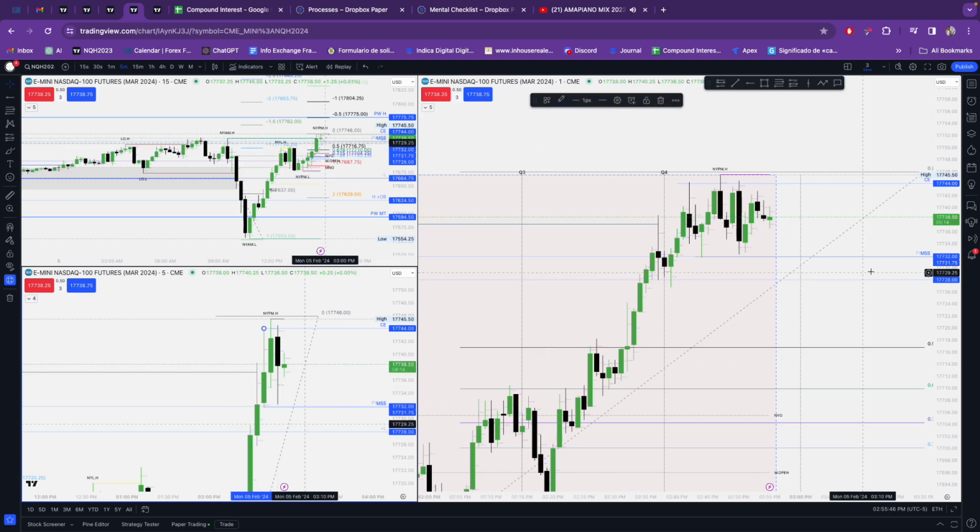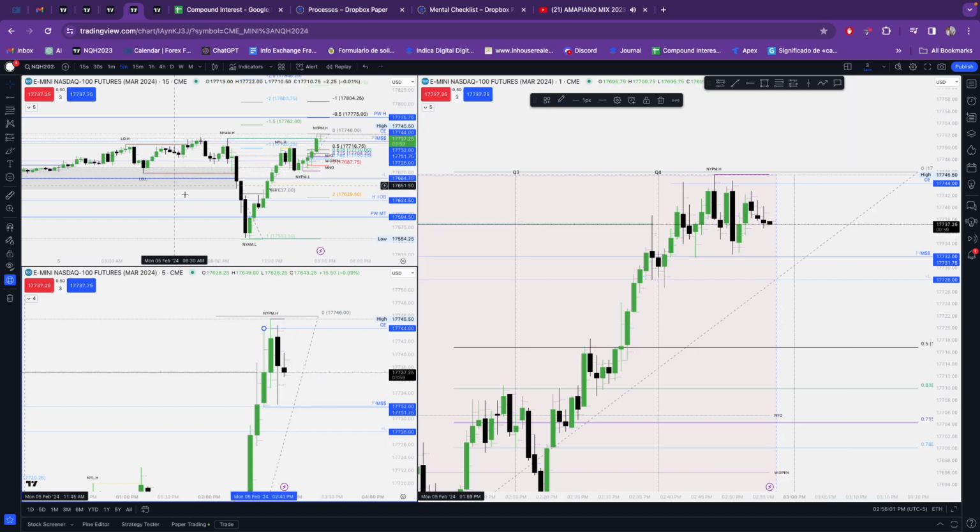So these wicks are telling. Boom, boom. Still, I don't see any setups. We might just move sideways for the rest of the day. And if that's the case, then good day for me.